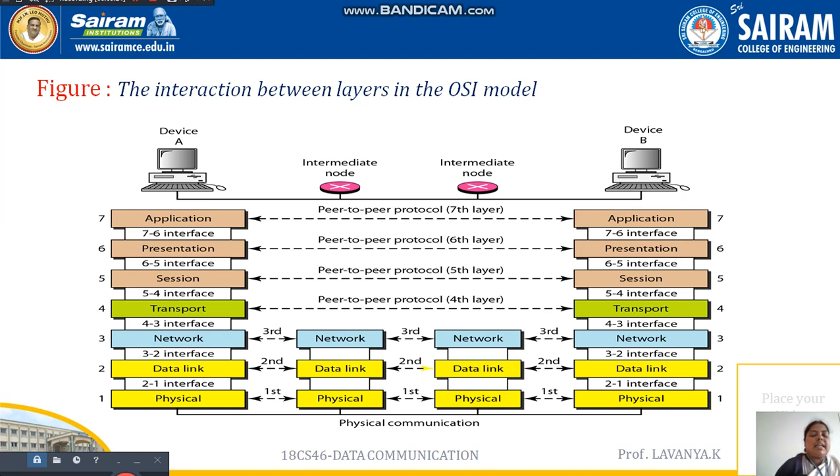Then what is the data link layer? The data link layer is the second layer of our OSI model. Here the given data is divided into frames, meaning the data is converted into frames, but at the network layer, the data or information is converted into packets, in the form of packets. The transaction takes place in the network layer as packets, but in the data link layer, the given information or data is going to